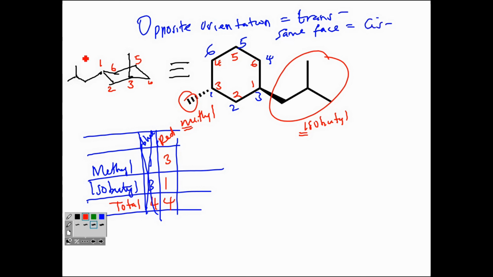So the correct name for this is going to be trans. You have to define the geometry, and then 1 isobutyl and 3 methyl, and then cyclohexane. So that's the correct, complete name. So it's trans 1 isobutyl 3 methyl cyclohexane. For the next one,